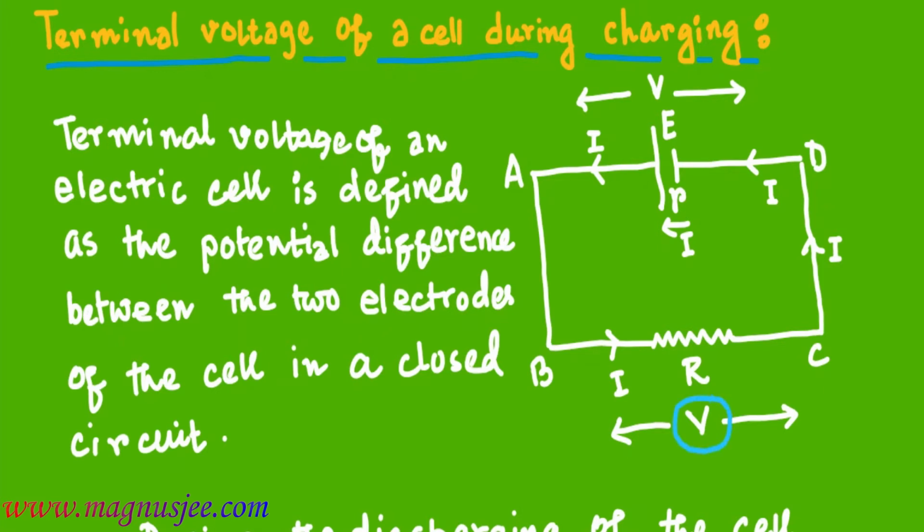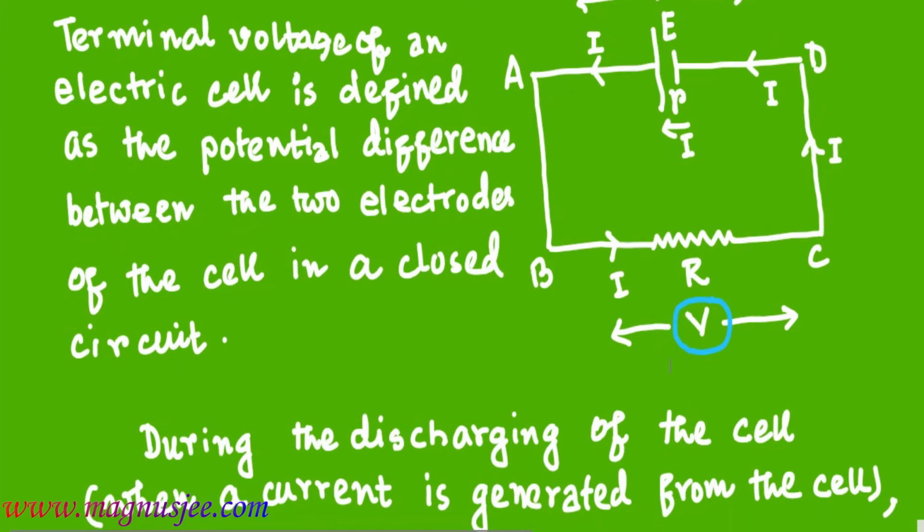In this case, V is the potential difference across the two terminals of the external resistance capital R. So this is V, the potential drop across the external resistance capital R. R is the external resistance. Across that external resistance, we get the potential difference V. Again V is the terminal voltage of the cell of EMF E.